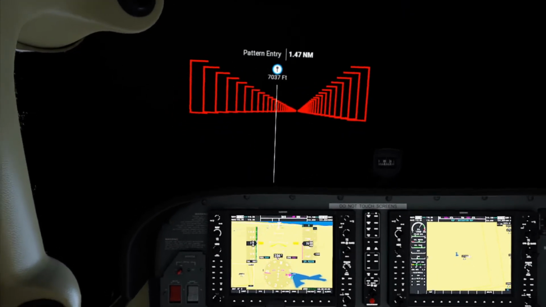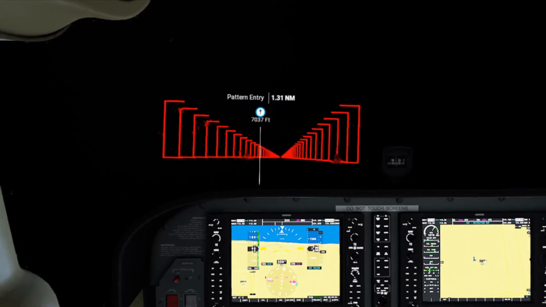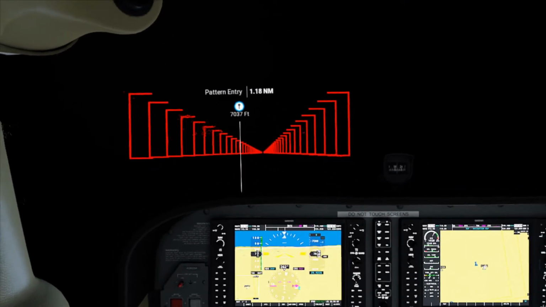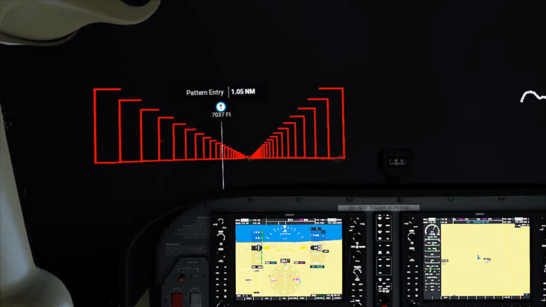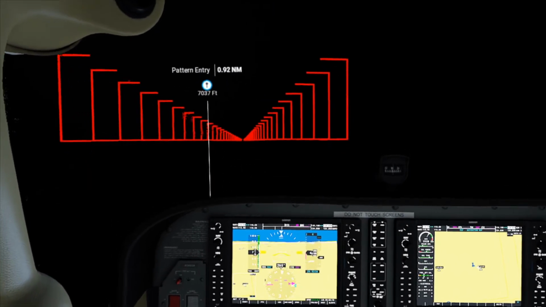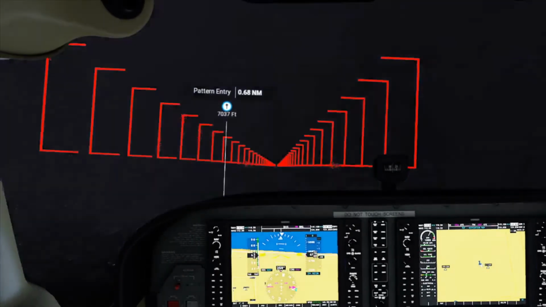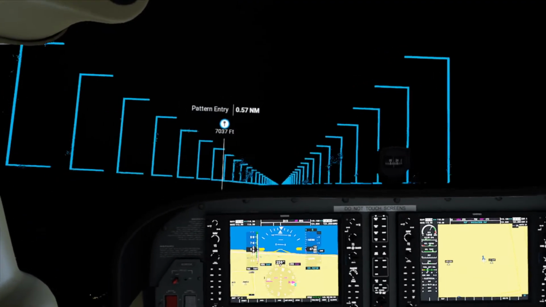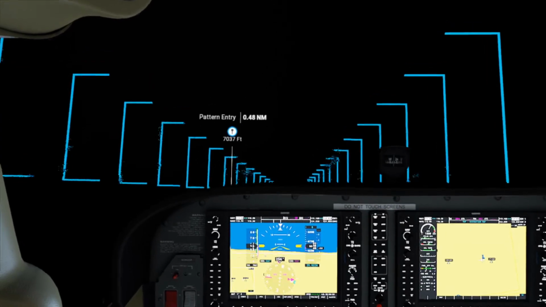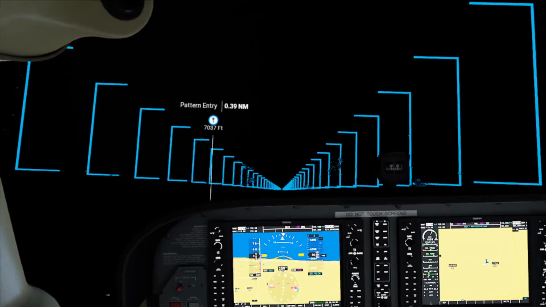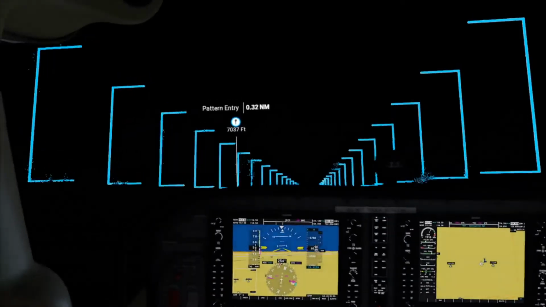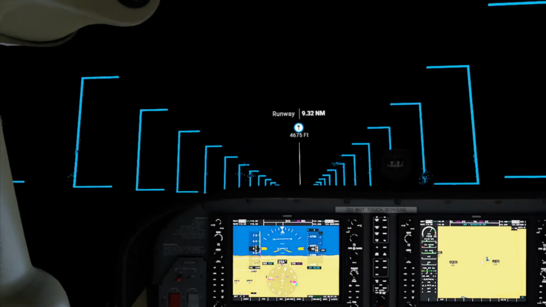What? Are we still way too high or what? It's saying it's down below. I'm going to just keep following the boxes. Oh, it's just indicating pattern entry. Okay, so we're still good. Just a little low, but we're fine. I think. Well,